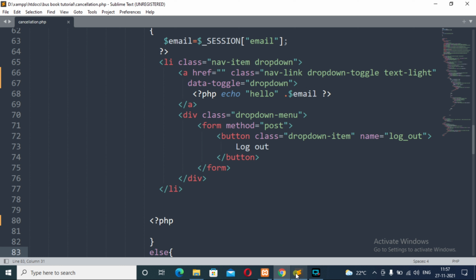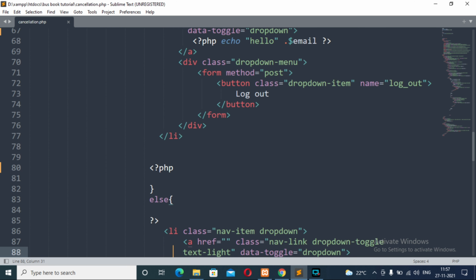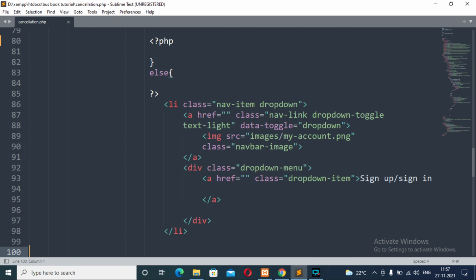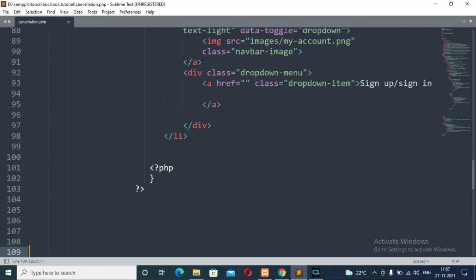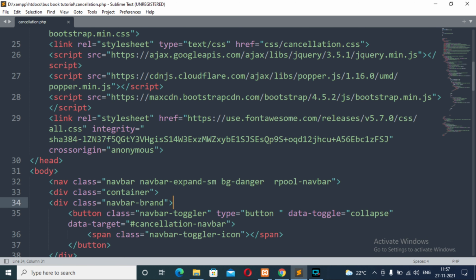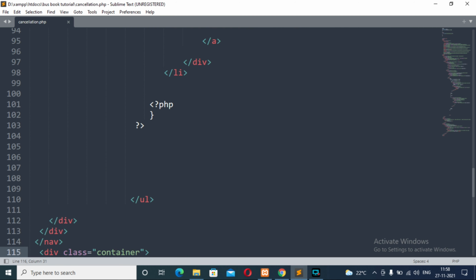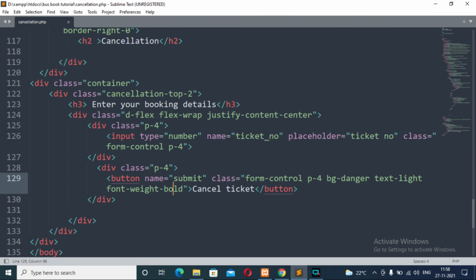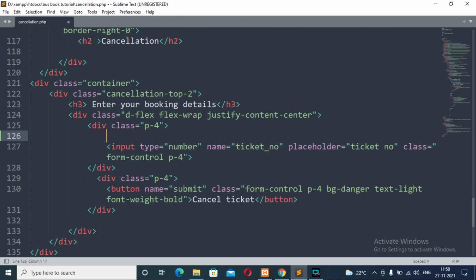So for this, come to the Sublime Text Editor, and we will provide some PHP script as well as the bootstrap code along with HTML and CSS. For this, come to the bottom line of the cancellation file and provide some PHP script.